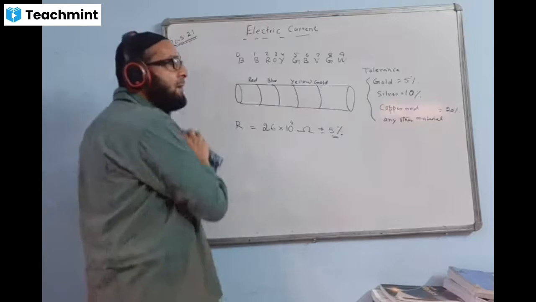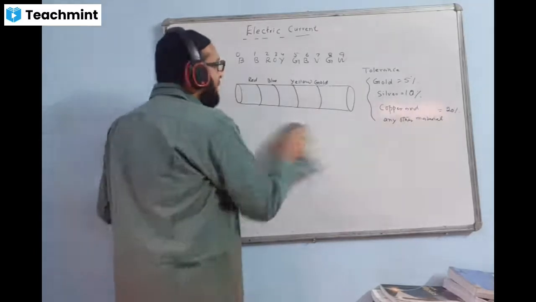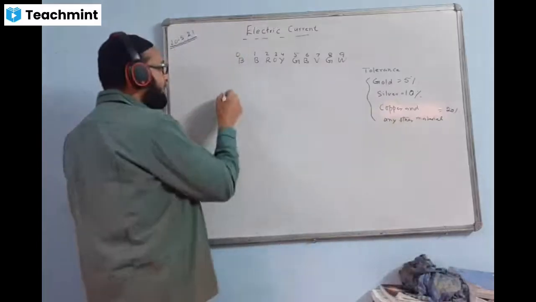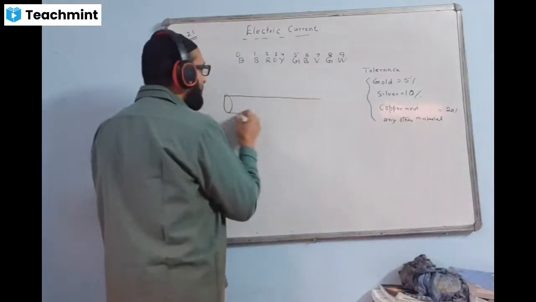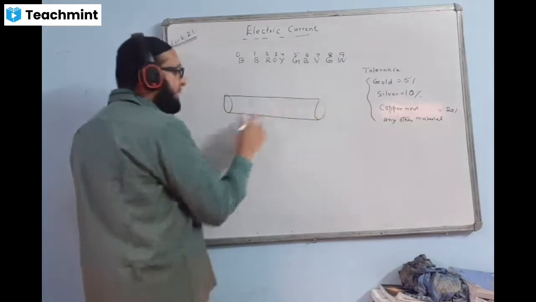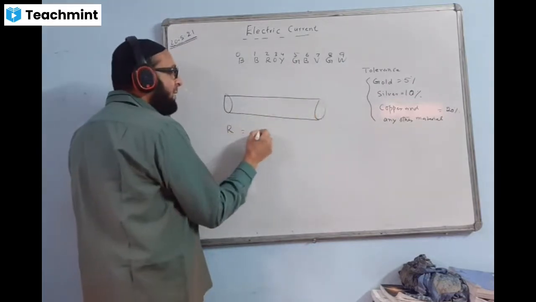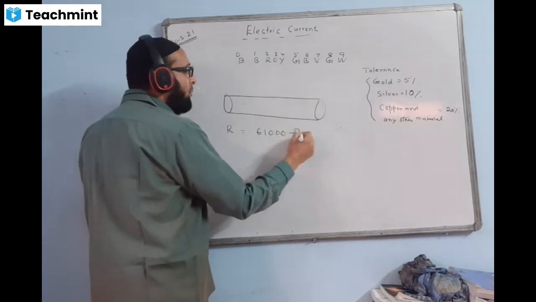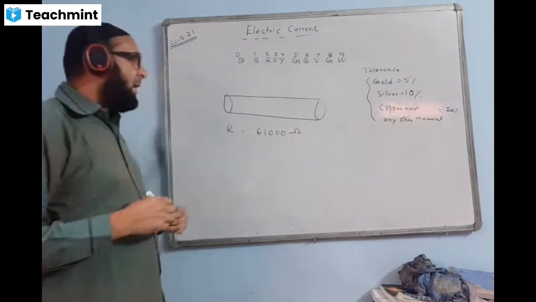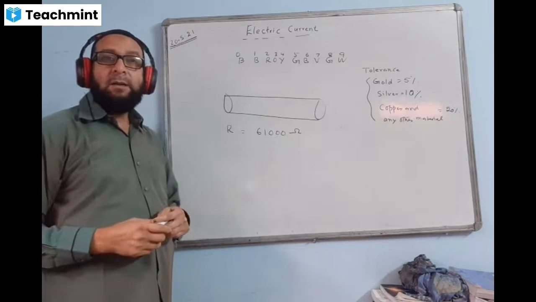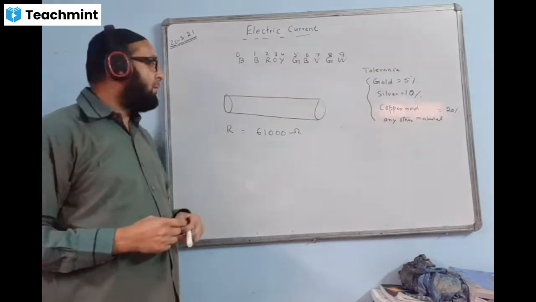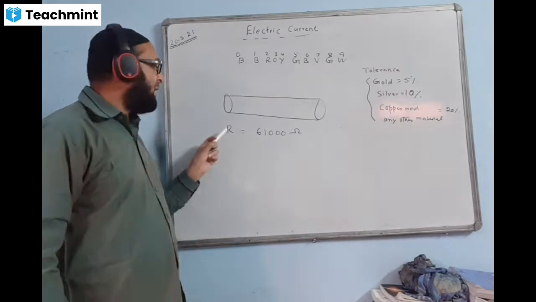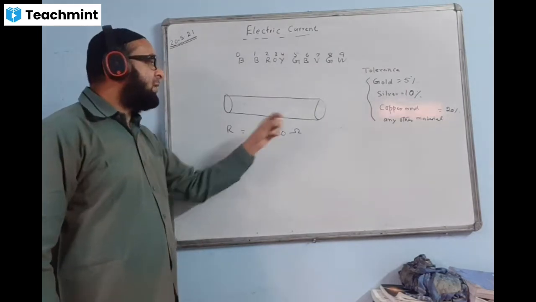This is easy only, but it may carry 2 marks like that, okay? Sometimes they may give just the opposite of this. They'll say, the resistance of a carbon resistor is given like this, 61,000 ohm, okay? And they're asking, draw a diagram and mark the colors on the carbon resistor whose resistance is R equal to 61,000 ohm.